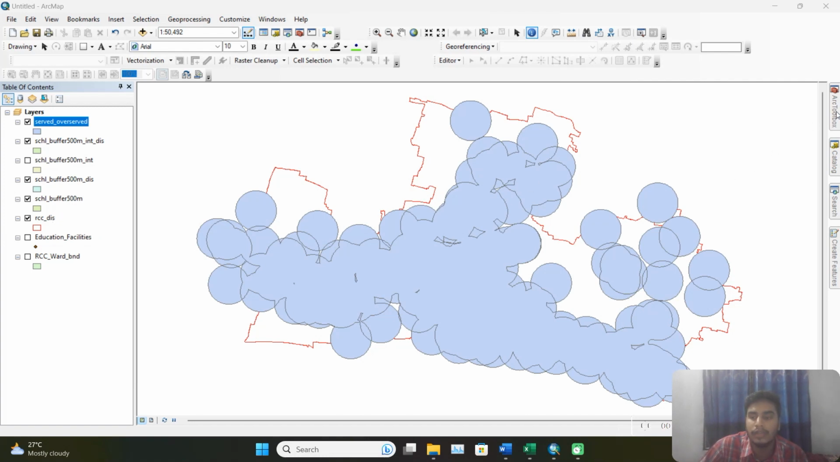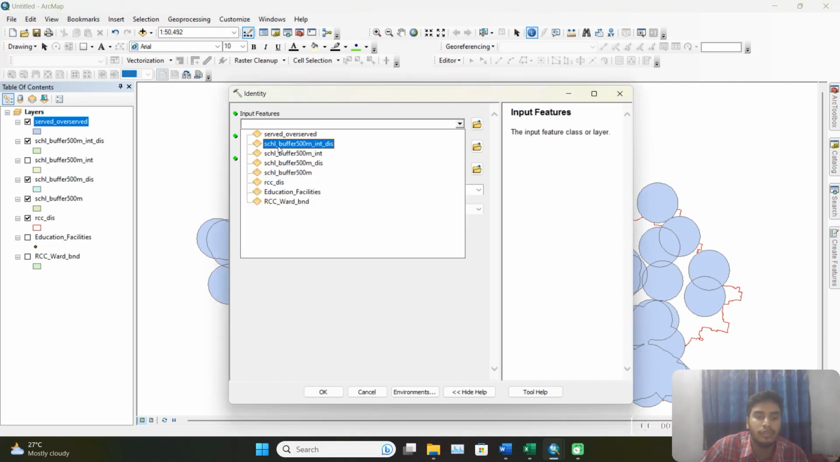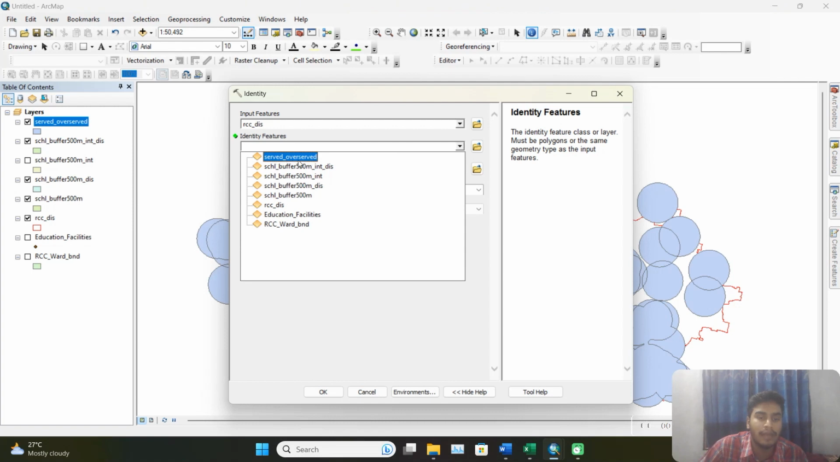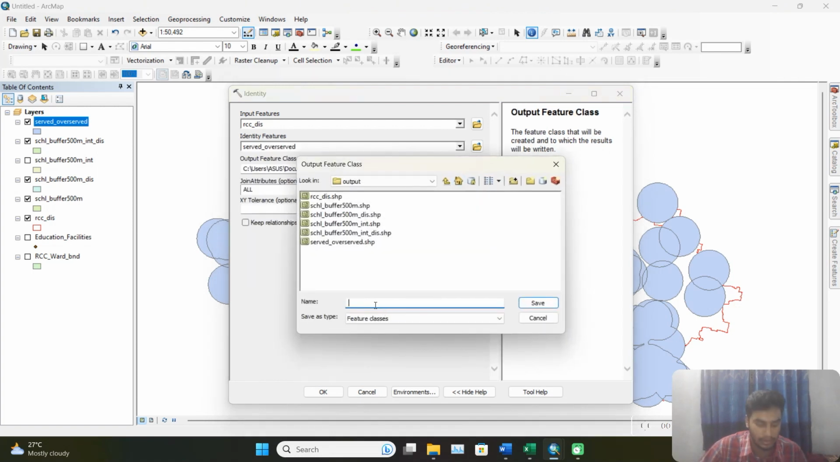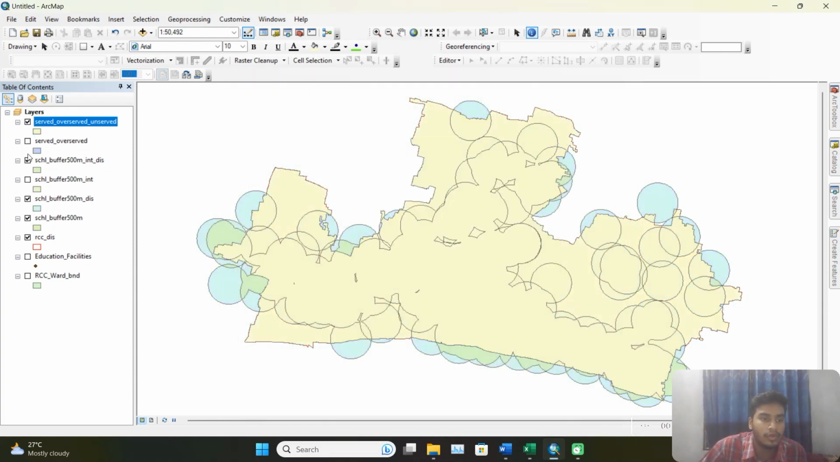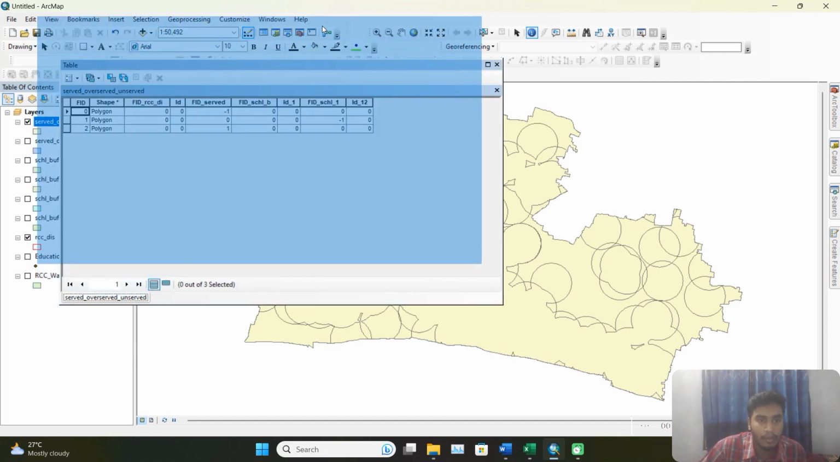So we're gonna hit again, go to the identity tool, and in this case the input feature will be the RCC dissolve, and the identity feature will be the served and overserved. We're gonna save it here. Now it will be called served overserved unserved. We're gonna hit save and hit OK. So if you close this one, and this one,